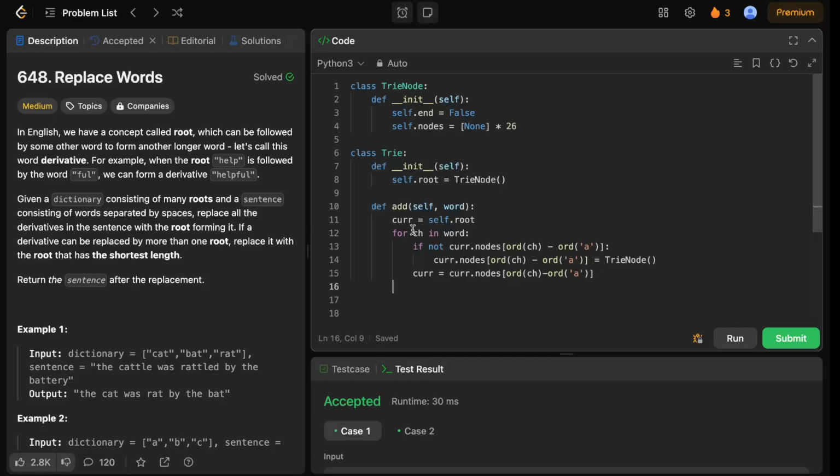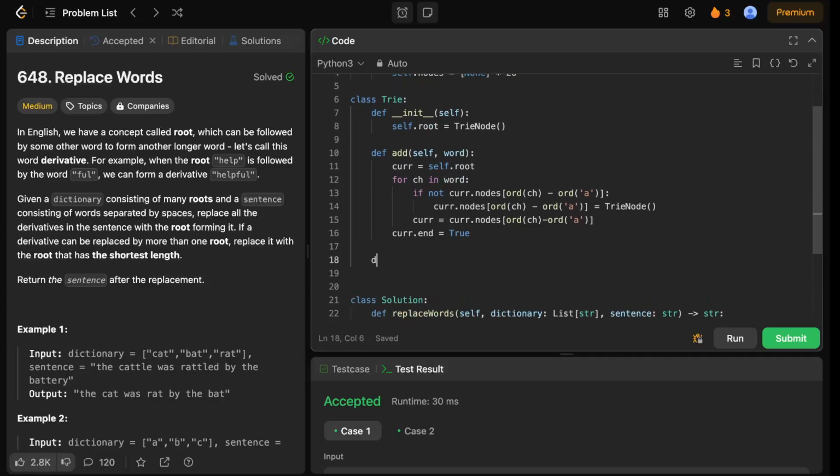And then once we've exhausted every character in that word, then we can finally mark the current node's end to true, which otherwise is false by default. So let's do that. And then finally, the last helper that we need is the one that